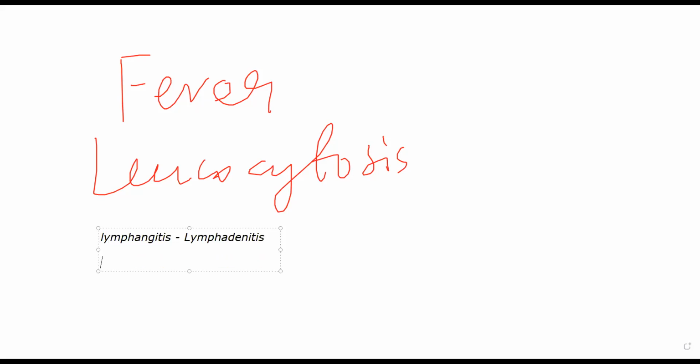And finally, it can also cause shock. Now this will mainly cause septic shock, but we'll discuss shock and the types of shock some other day. This is not an electric shock. It's a different type of shock. So these are the four main systemic effects that will occur in acute inflammation. There will be fever, there will be leukocytosis, there will be lymphadenitis, and shock.